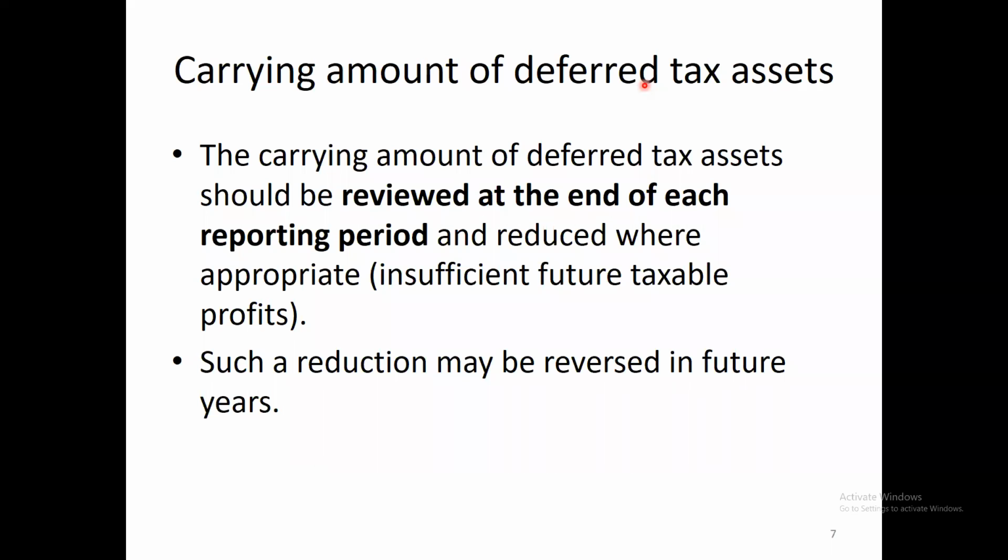It's like an advance payment. So if it indicates that in the future there is no chance for the company to make profit, the company does not have any potential to make profit, then how can you keep a deferred tax asset? You can't claim. There's no possibility to claim. Right? There's no need to pay tax in the future. Then what's the use of that?